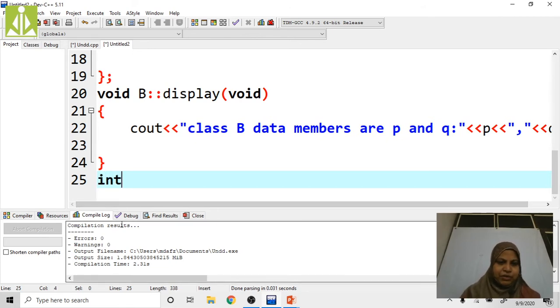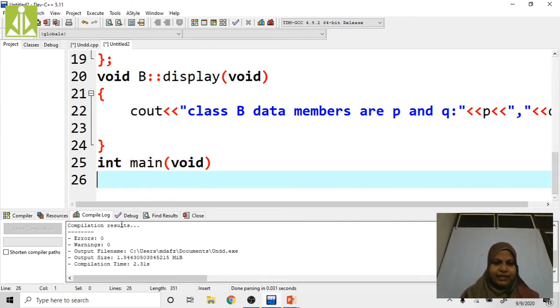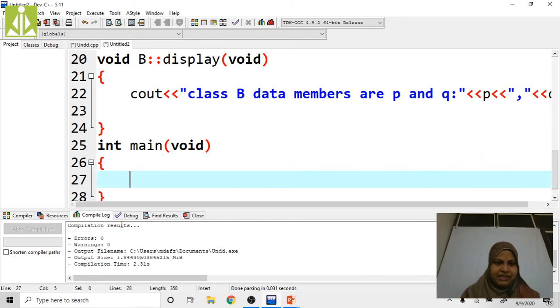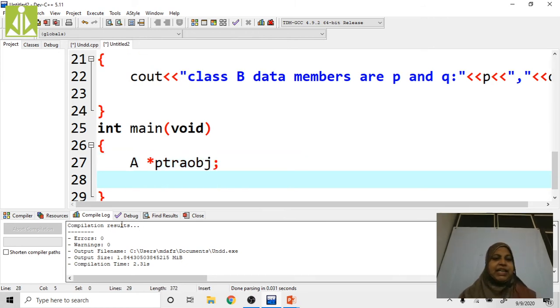Now I am going to write the int main method, int main void, open the braces, right? Here I am creating a pointer to class A, ptrA_obj. Here I am creating one pointer variable to the base class A. Now I am going to create the A object.